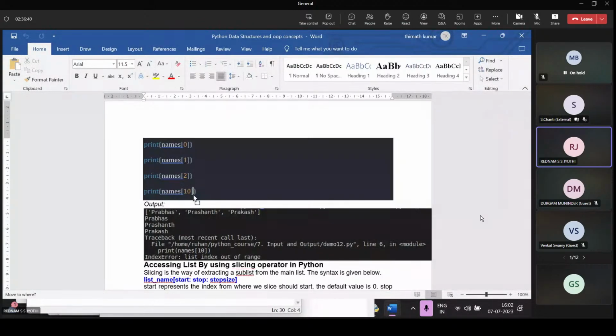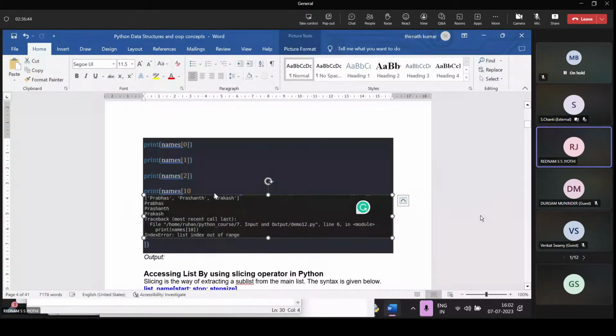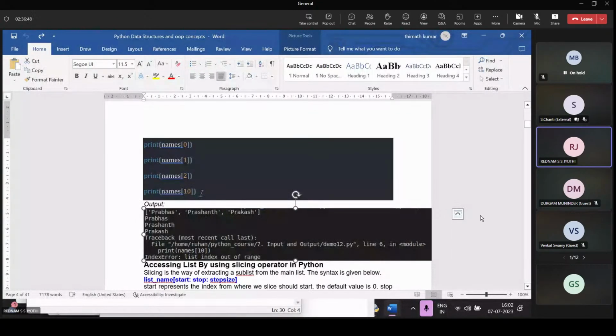After that, there is names of 10. Because our list consists of only 3 elements, if we want to access names of 10, we get an index error, list index out of range.